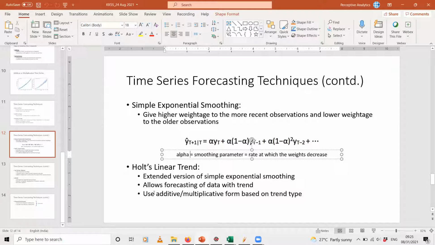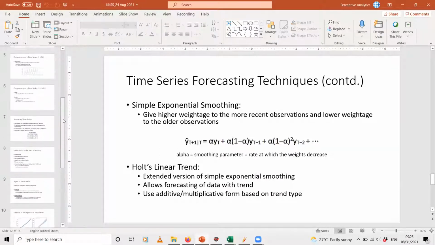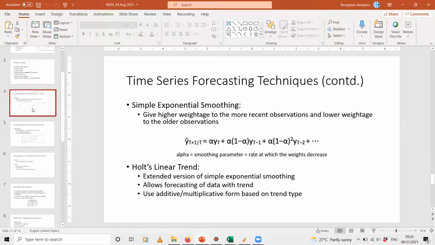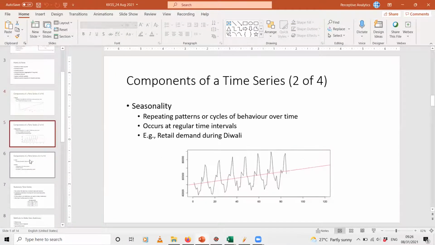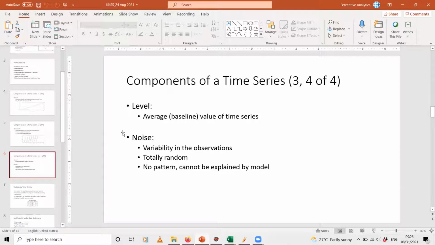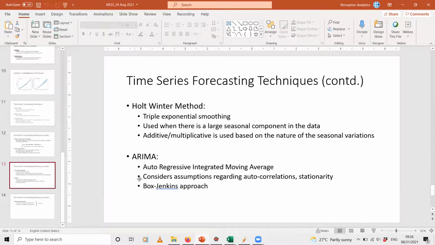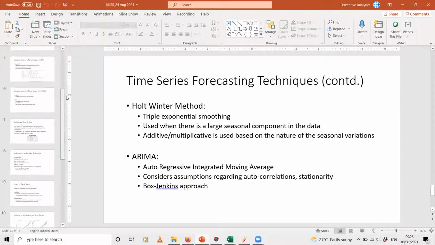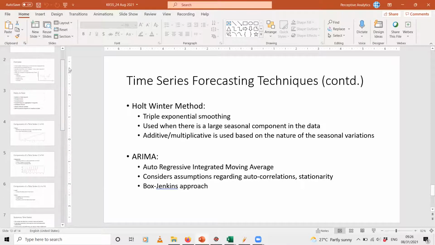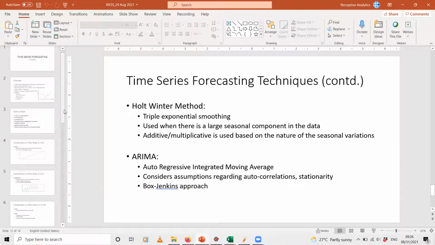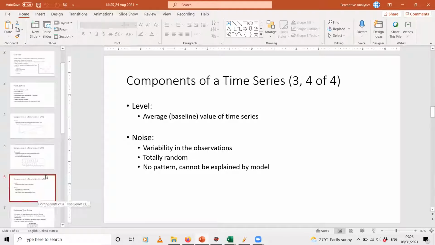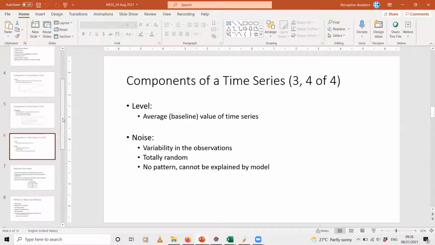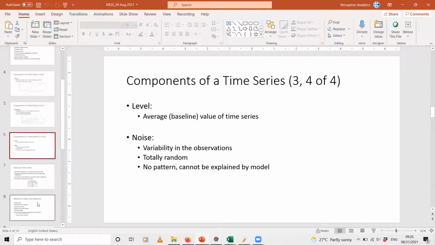If you remember, I told you that when you have time series data, you can split it into different components like trend, seasonality, level, and noise, right? And some of the techniques, for example, the ARIMA technique, you can use only if your data is stationary. By stationary, what we mean is that trend and seasonality components should not be there.